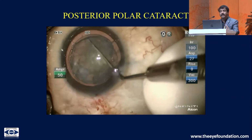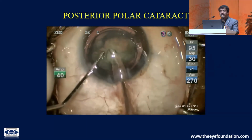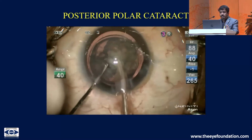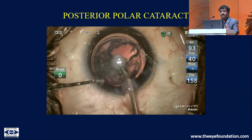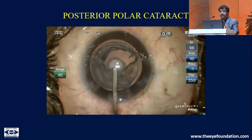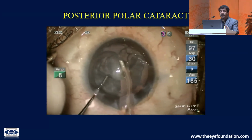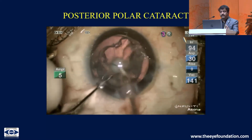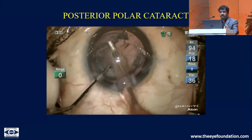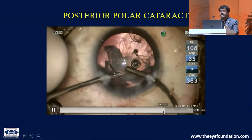And I usually even delineate with the Sinskey hook so that my nucleus will be free in the epinuclear bag, and then emulsify the nucleus. This is a very soft cataract, and maintaining the chamber is extremely important. Inject visco whenever we come out of the anterior chamber, and now the epinucleus is separated from the cortex by again a jet of fluid, and you aspirate the epinucleus and try to maintain a chamber throughout, and inject visco whenever you come out. Don't allow the AC to collapse,